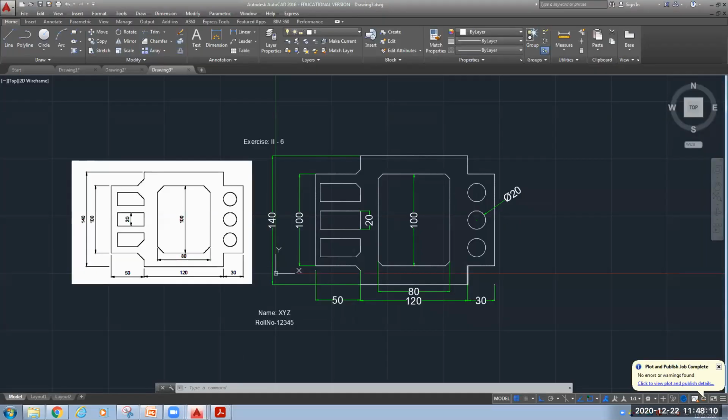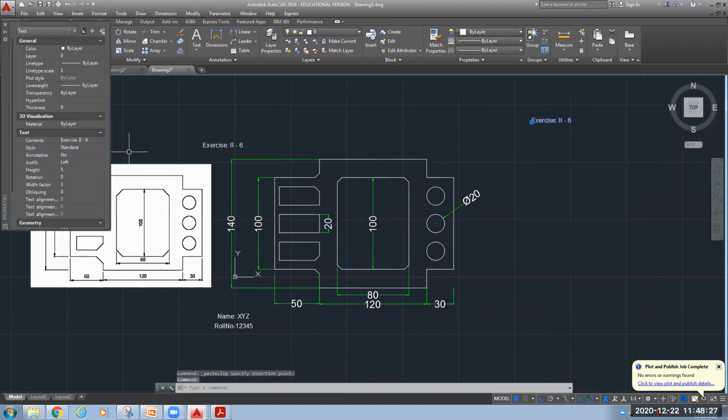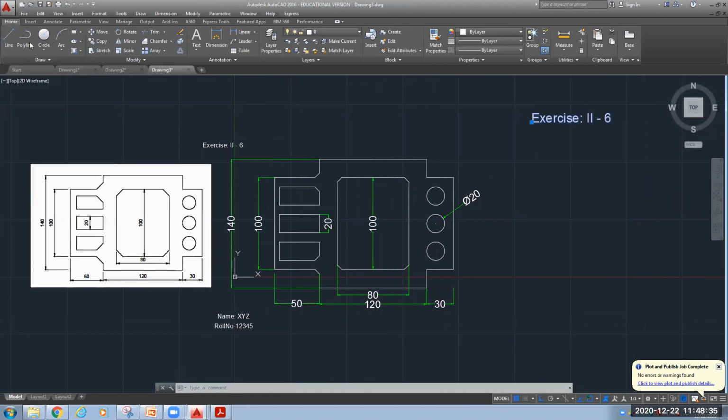Now, one by one, you will tell me what we have learned, the command lines used. I will write on the right hand side. Control C. I will paste it here, Control V. I will increase the font size. Let's make it 10. Close it.